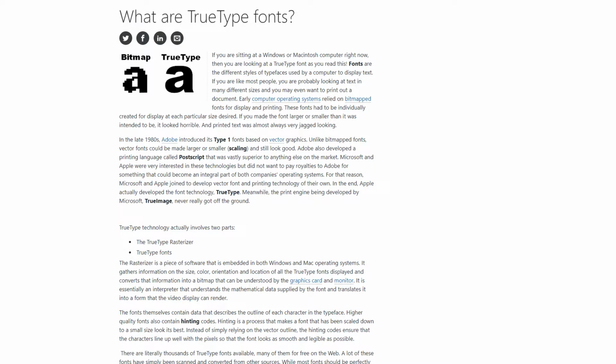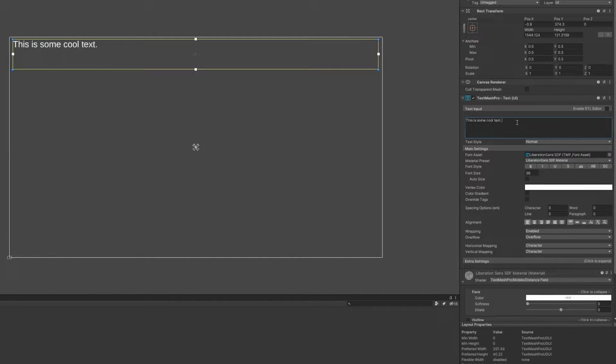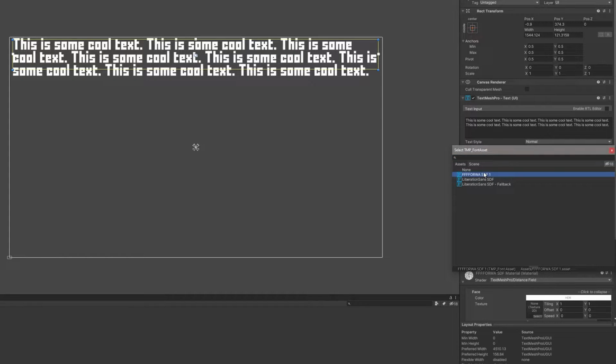So, when we put a character on the screen or in our game, we make a simple square mesh. Warning, all squares are just 2 triangles in a trench coat. And we paste the image of our character onto it, which is generated through the font with glyphs or something, I don't know, I've never been taught how that works. So each character is just a square mesh, and a string of text is just an array of characters. Text Mesh Pro does the hard part of figuring out where all the squares are supposed to be based on your settings, and you get a lot of settings with this library.